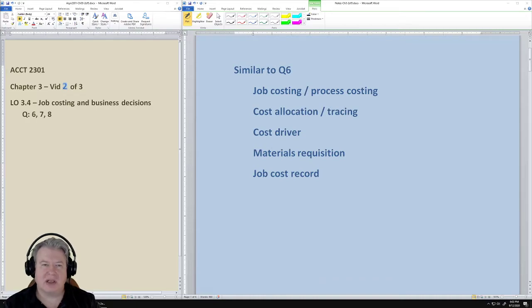A cost driver is anything that you're trying to figure out the cost for. And a lot of times, especially when we're allocating cost, we pick something that we're going to use as the thing that we believe is most associated with the increase in costs. And for this chapter and a lot of our questions, it's going to be machine hours or direct labor hours. But it could be anything. I used the example of square feet in the previous video example. These last two items here,